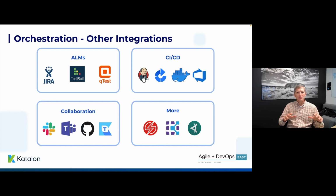But more broadly, test orchestration is ultimately about connecting your system to a number of different components, from ALMs like Jira, TestRail, and Qtest, so that you can update requirements and defects with test results, to integrating with CI/CD platforms like Jenkins or CircleCI, Azure DevOps, so that you can drive your tests based on events happening in your CI/CD system, to integrating with collaboration systems like the ubiquitous Slack, increasingly ubiquitous Teams, for alerting testers or developers to